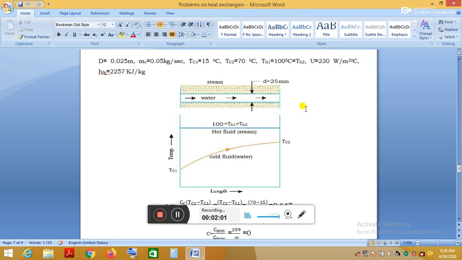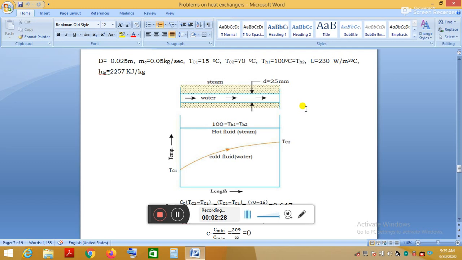Since the steam is condensing at atmospheric pressure, as we know, the boiling point of water or the saturation temperature for the water at atmospheric pressure is 100 degrees Celsius, we can assume the inlet and outlet temperature of the steam, that means the hot fluid, as 100 degrees Celsius,